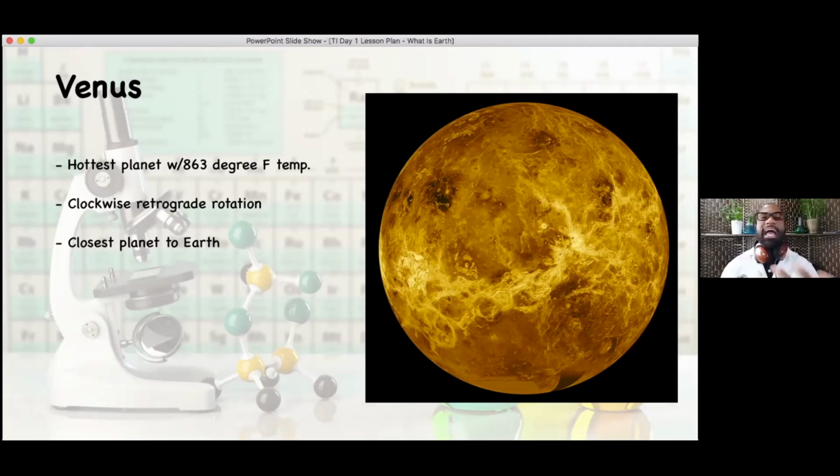And Venus is actually the closest planet to Earth. So our sister planets that we have next to us are Mars and Venus. And due to its actual elliptical orbits around the sun, at certain times Venus is actually much closer to us than Mars is, which makes it very, very unique. If you're in a great atmosphere, a great location where you're able to see the stars clearly, Venus is one of the brightest objects that you can see in our solar system. So it's one unique planet that we can see right here from Earth.